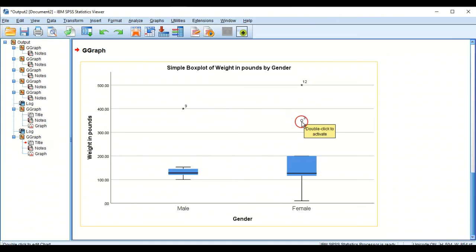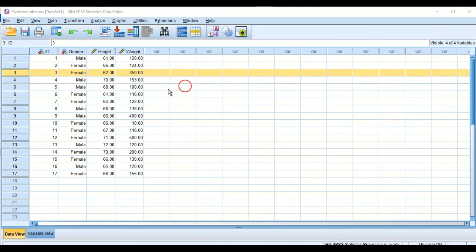The circle means that it's an outlier, but the star is not just an outlier, it's an extreme outlier. And this also is an extreme outlier, at row 12. Okay, let's see it. We have 9 and 12, which are extreme outliers. Let's see if we can find them. All right, as you can see, row 9